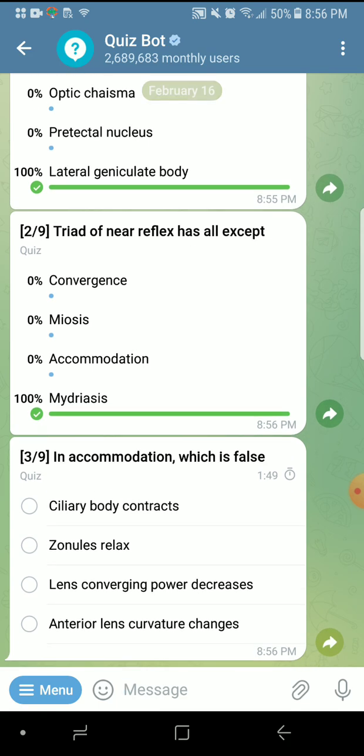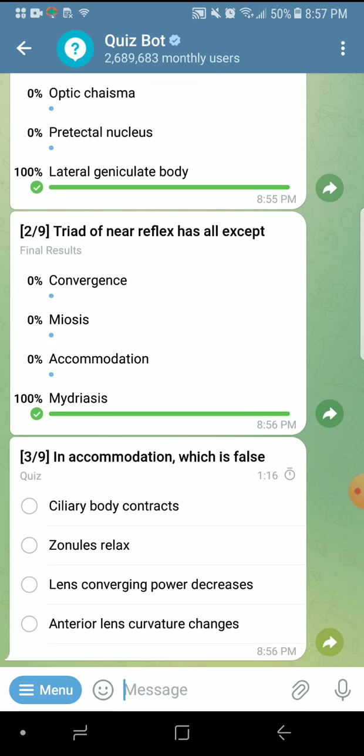From here bilateral pupillary constriction occurs, same as light reflex pathway, but from here the impulse goes to ciliary body also. Now ciliary body contracts, zonules relax, and the lens converging power increases, not decreases. The rays from a near object are going behind the retina. So as to bring the rays onto the retina, the eye converging power should increase, and lens helps in accommodation. Cornea is rigid, cannot change the shape. So lens helps in changing the shape.